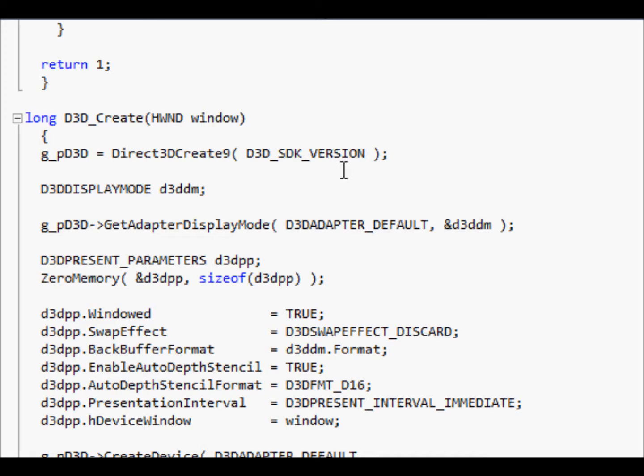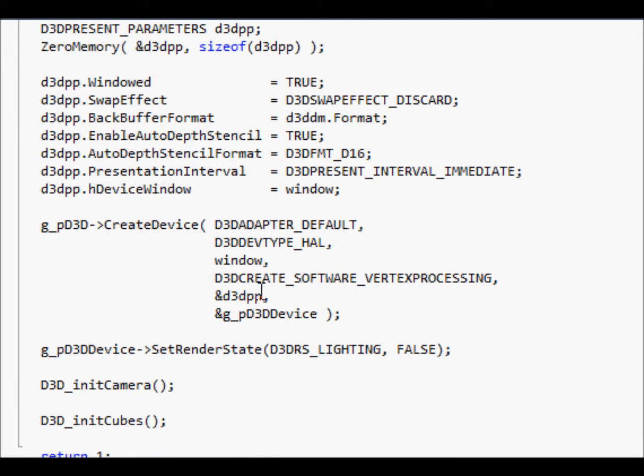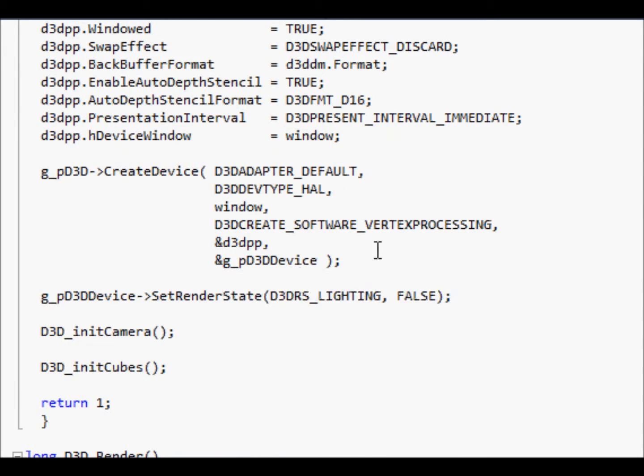Okay, now we're into the basic Direct3D creation. Create the Direct3D system according to the SDK version and the display mode. These are basic, you should know what those are. And set up the present parameters, and create the device. Here we create a device with the basic stuff, window, D3D device, and all that stuff, and set the render state,